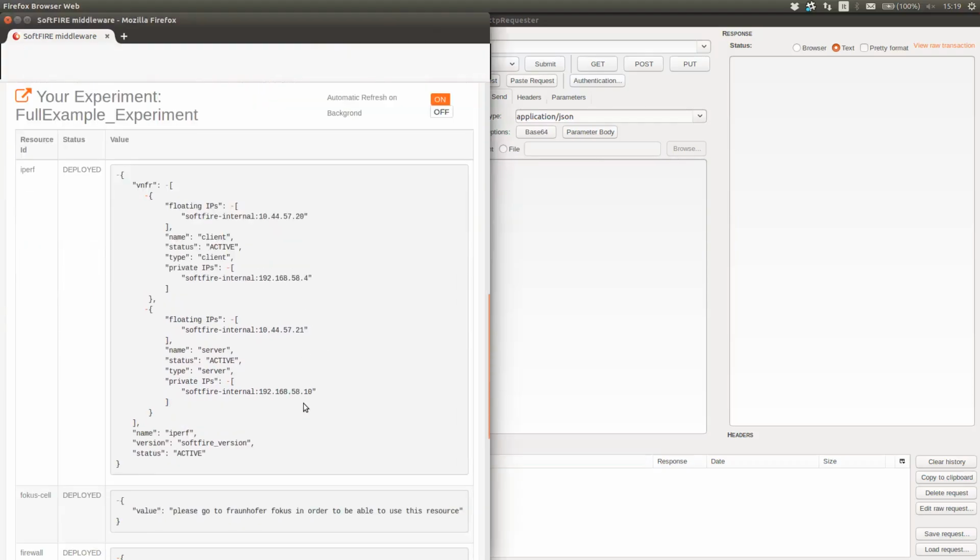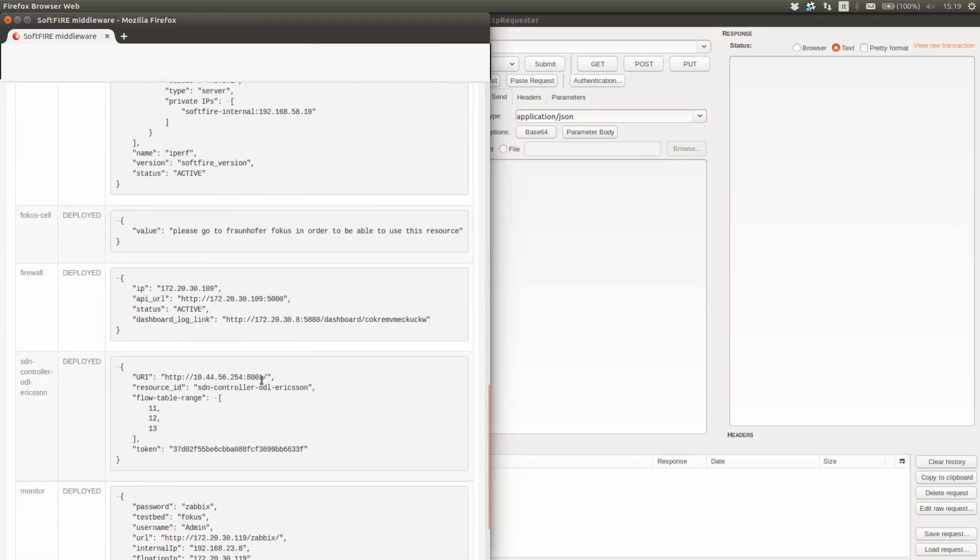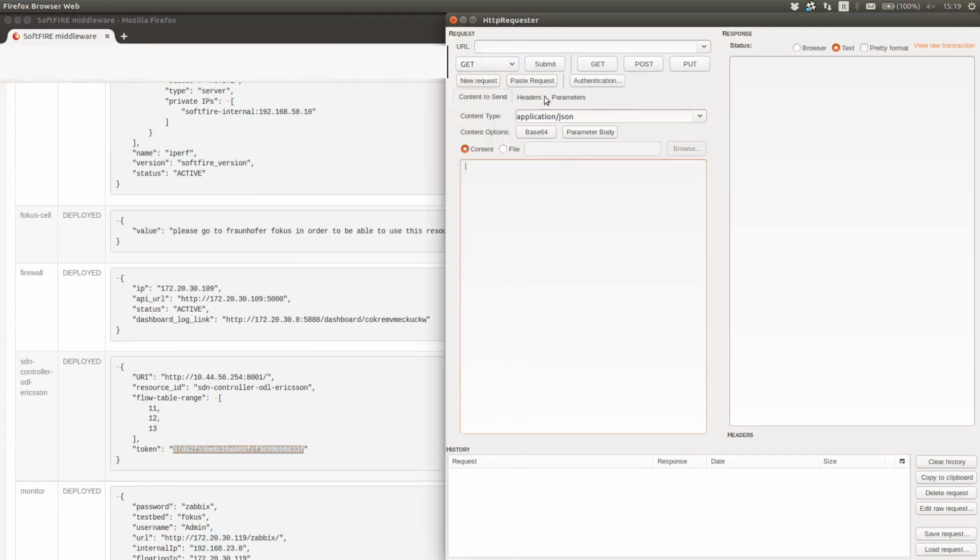Now we want to interact with the SDN controller placed on the same testbed where the virtual machine are running. We take the token that have been assigned to us and we put in the header variable API token. Then we want to perform a GET request to discover the actual names of the OpenFlow nodes. We skip the output of this GET request because it's pretty big, but the inventory nodes name are the same